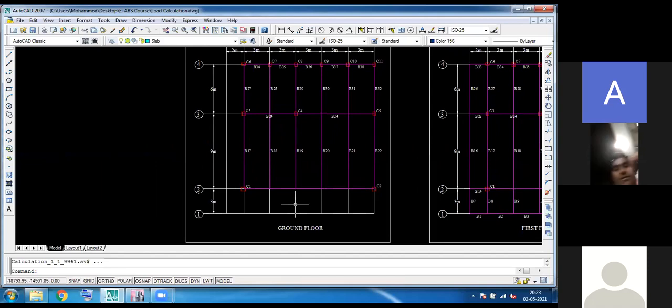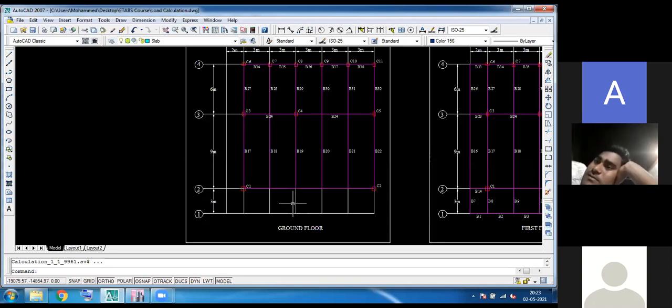Using these Indian Standard codes, we can size our structure before getting an analysis result, before entering into ETABS.